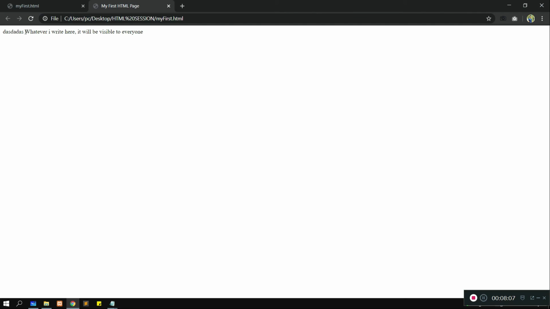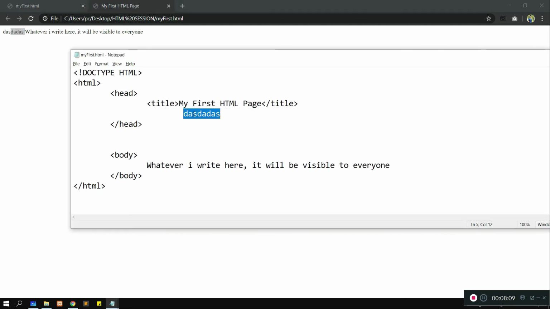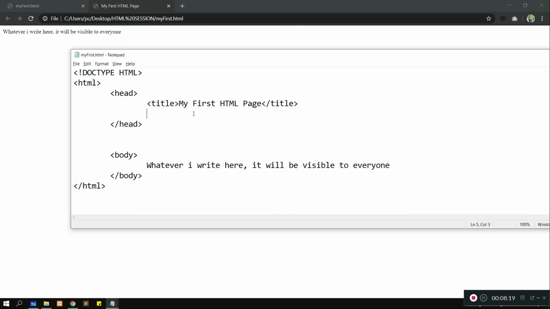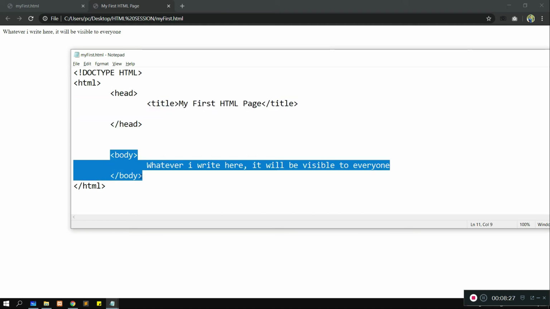Somehow it is showing, but on the server it won't show. Okay guys, what server? When you put your website live basically on the domain. Okay, so I think this will make you clear. This is our head and this is our body. What comes in the body, that we want to show to others.